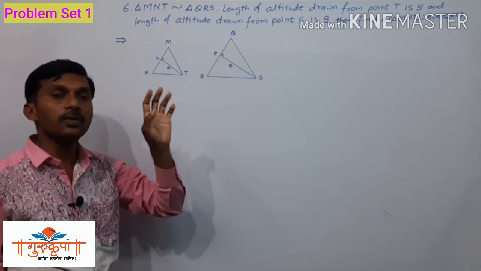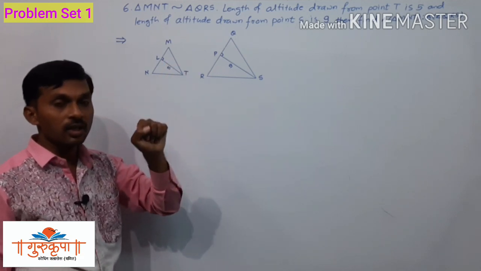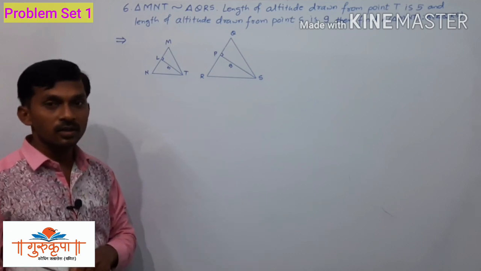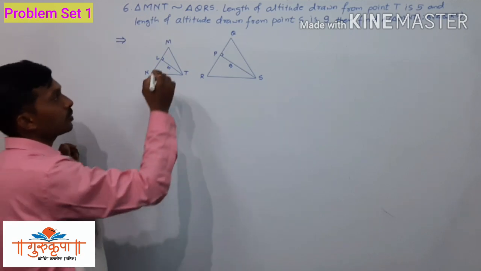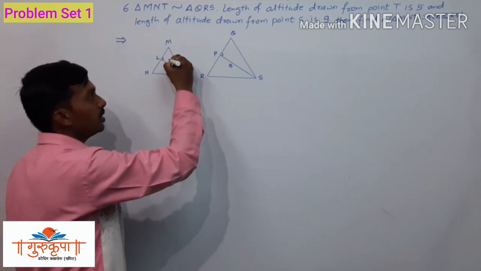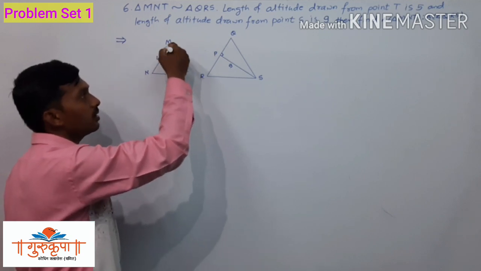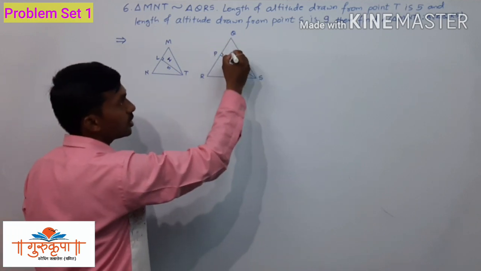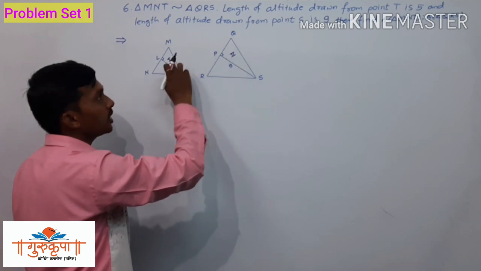So first of all we have to find the ratio of their corresponding sides. Now how will we find the ratio of their corresponding sides? For finding it, we have to prove that this triangle MLT, which is a right angle triangle, and this triangle QPS, which is also a right angle triangle,